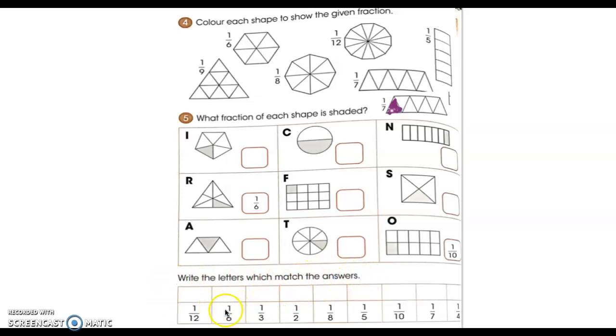So for example, R is 1/6. And 1/6 is there, so R goes there. And O, 1/10 is there, so O goes there. Okay, now when you're done with the whole worksheet,